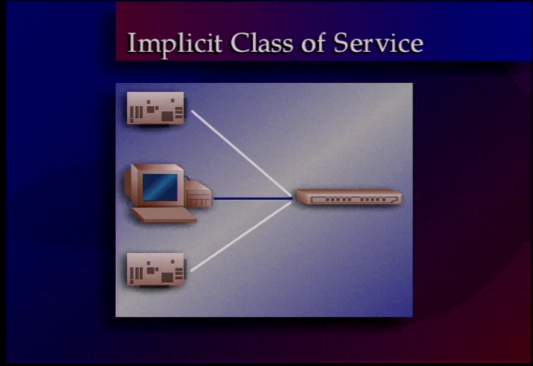What is a class of service? Well, if you're a data application, you really don't care if your data gets through right now, just as long as it gets through reasonably quickly. But if you're trying to run a video conference, for example, then you want that video data to get through very rapidly. Going back to some of the application amalgams we talked about earlier, where you're mixing multimedia and other kinds of applications, assume that at the end system, the person wants to look at a spreadsheet. That user has to load that spreadsheet over the network at the same time while maintaining a video stream. That means that the end system is seeing two different kinds of traffic, the data traffic for the spreadsheet and the multimedia traffic for the video image.